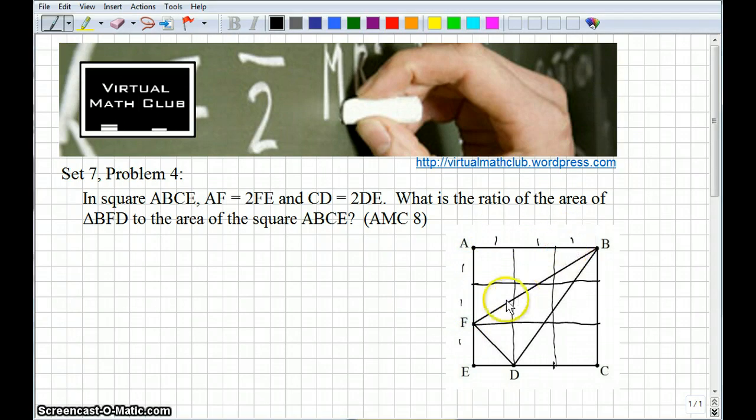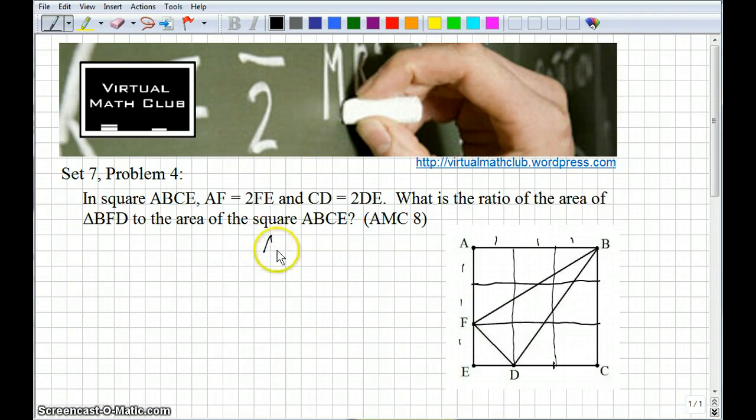So if each one of those is a length of 1, then each one of these squares is 1 square unit. And so we've got a 3 by 3 square, the way we've got it divided up, so if we're taking that to be our unit of measure, this 1/3 of the side of the square, then